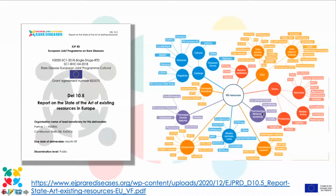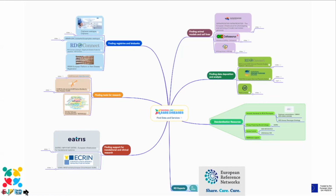And in this deliverable, we represented the resources that were mapped, and some of them are in Europe, and some of these are in the EJP RD, and we represent them all as a mind map. So we thought that it could be a good idea to have a kind of mind map, and you will compare with what has been developed by Serge's team. So we developed this very, let's say, drafted and very simple mind map of resources based on needs that are partners in the EJP RD, and